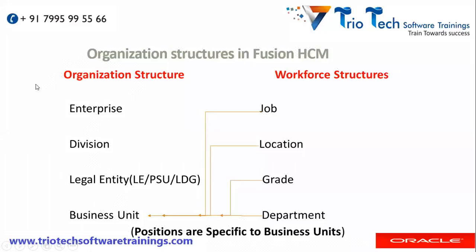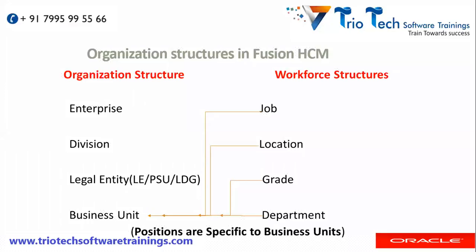So in order to finalize the organization structure of the client, first as a consultant, we have to understand the client's existing business process, how his business is set up in the market, how many companies he is having in the market, what type of business he is doing, right? Under those companies, how he is maintaining by that time, whether he is maintaining only departments or anything or what. So after studying all the client's existing business process, as a consultant, we will come up with the solution to the client stating that this is the structure that we can define in the Fusion application for your organization.